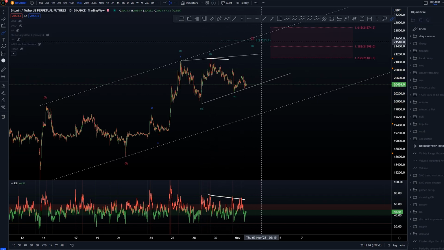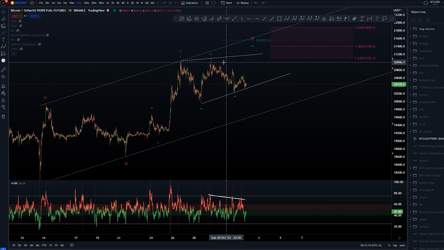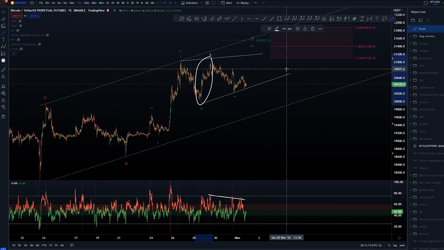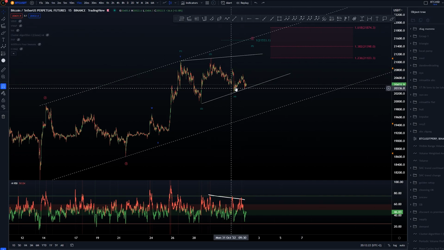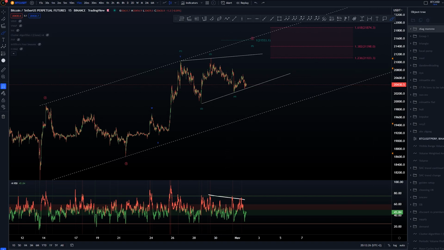Again, that would be around 21.5k, which again, if we take out these highs, then this count can't be true, because again, third wave here can never be the shortest wave structure in a diagonal either. Or any impulse wave, for that matter. But yeah, that's that as well. Pretty simple invalidations as well. Taking out these lows, we're out. So kind of easy and simple